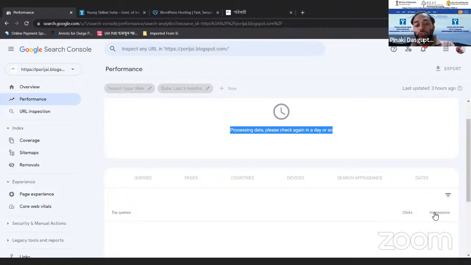So you might have 50 impressions, but you have only 1 click or 2 clicks. So why is it important? Because it shows that you have made an effort in SEO or in any digital platform, and that is why the site is showing to the user, but people are not clicking.